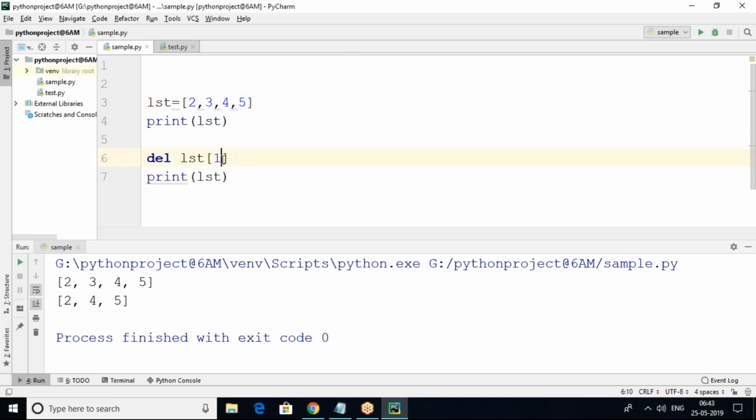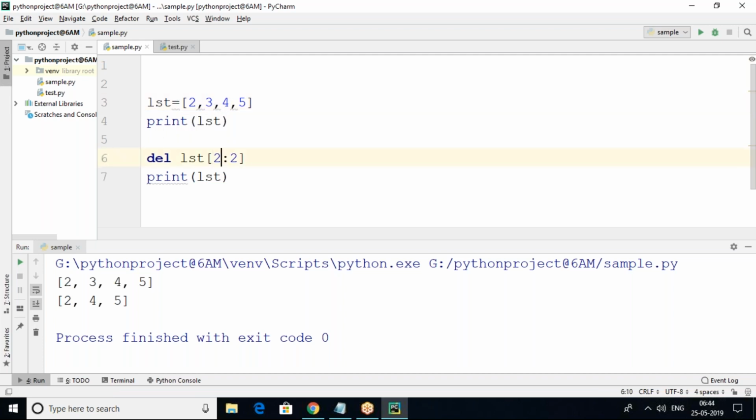Okay. Suppose I want to delete 2 to 2. That means from index two onwards, two elements. 0, 1, 2. Sorry, it's not going. Just wait. One index onwards, two elements, for example 1 to 2. 1 to 2 in the sense, 0, 1, 2, means only one element.